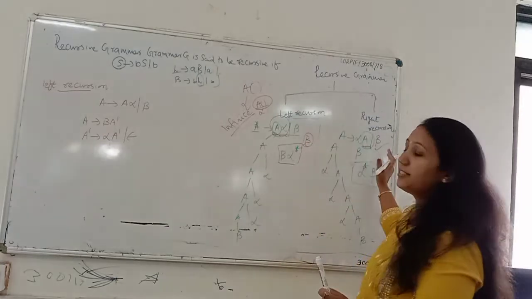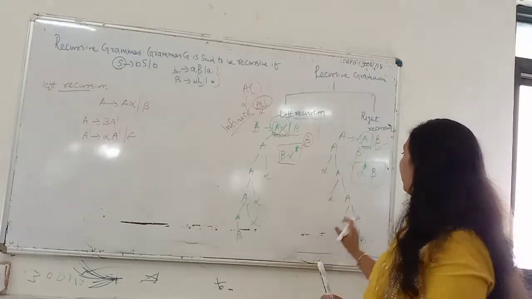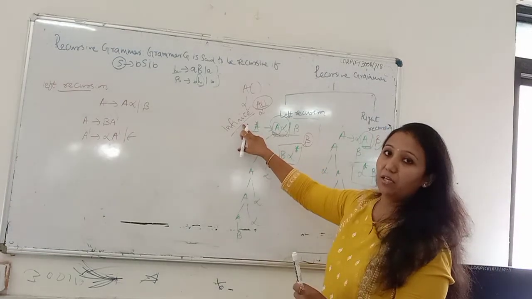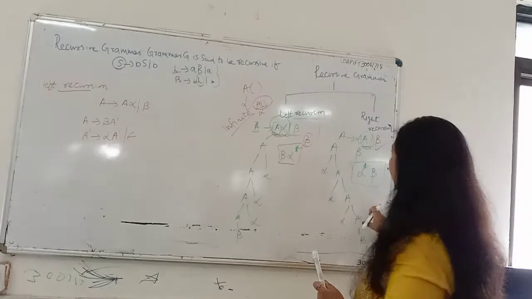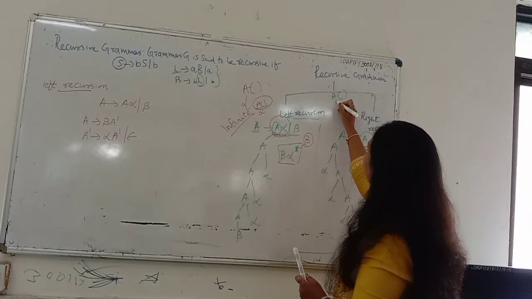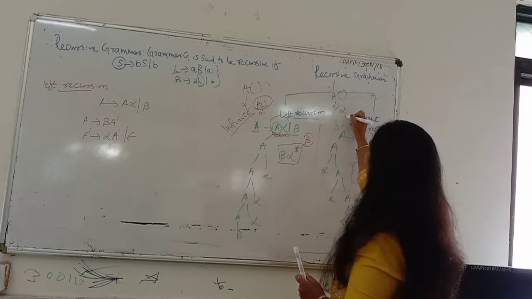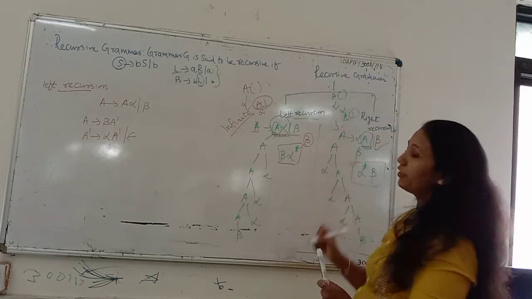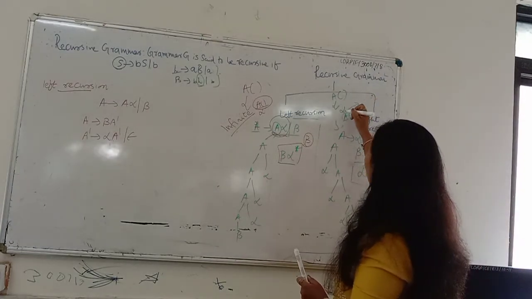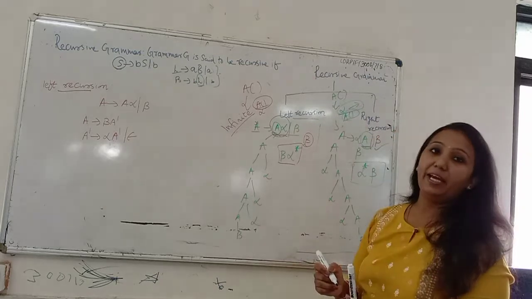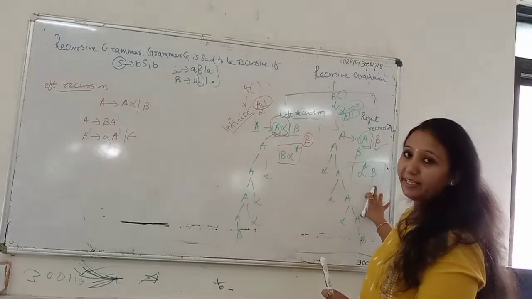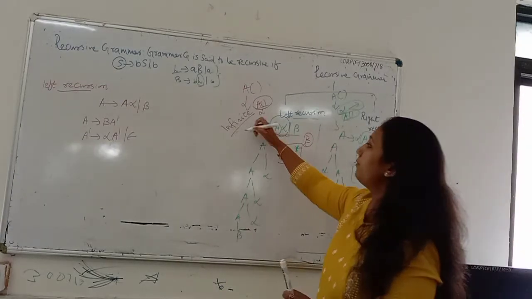So left recursion is not equivalent to right recursion. In the case of left recursion, we have seen that an infinite loop is generated. But in the case of right recursion, if I implement the function, it would be like this: A → a alpha, and then later on we will have the function call. So in this case we can terminate the function by putting the terminating condition with alpha. Here there is no possibility of an infinite loop, but in a left recursion there is.